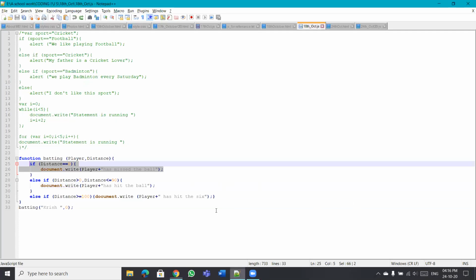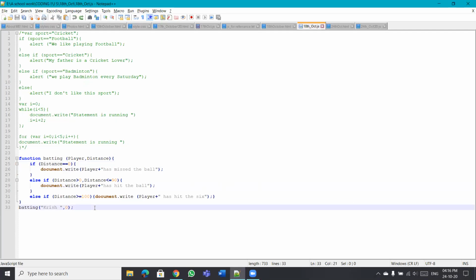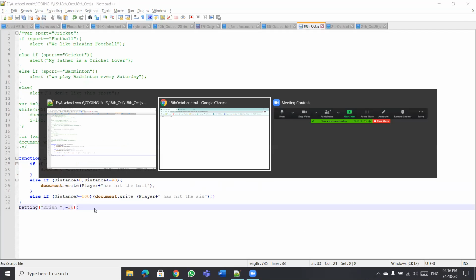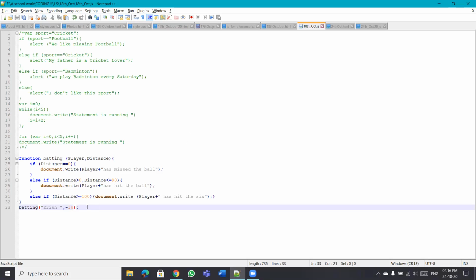And if you go back, and if we give -10, what happens? Krish has hit the ball. So we have to change our thing, right? So we'll have one more else if.